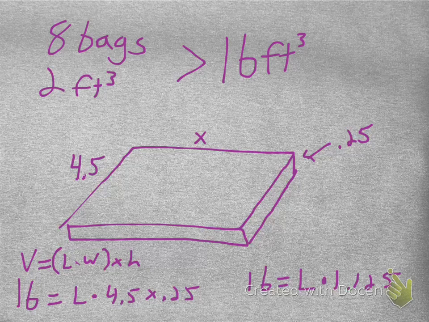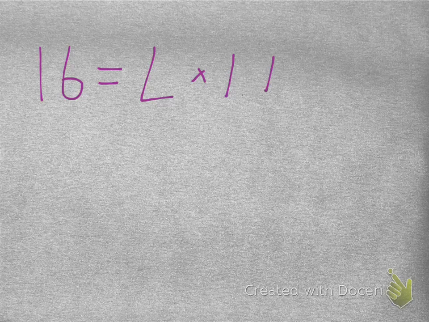Does everybody see how we've set it up so far? Let's say 16 is going to be equal to the length times 1.125. Now our answer choices are 18, 1.2,